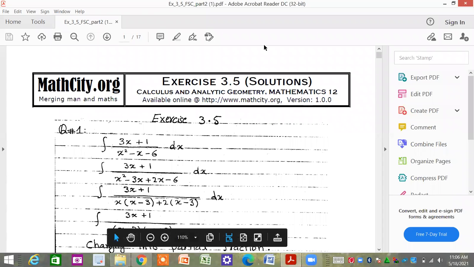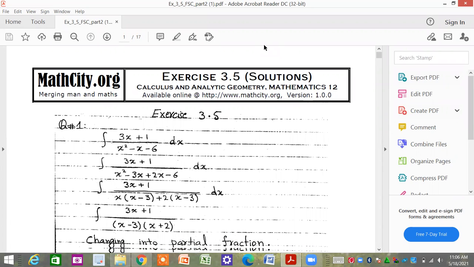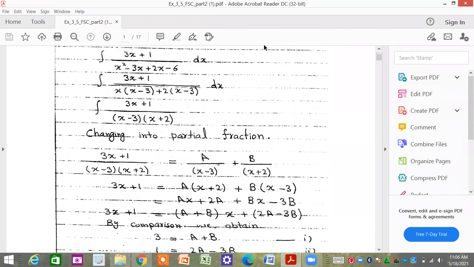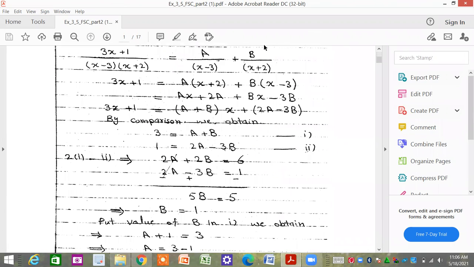Okay, today we will discuss exercise 3.5, which is about partial fractions, and we know about partial fractions. In the previous lecture we had discussed